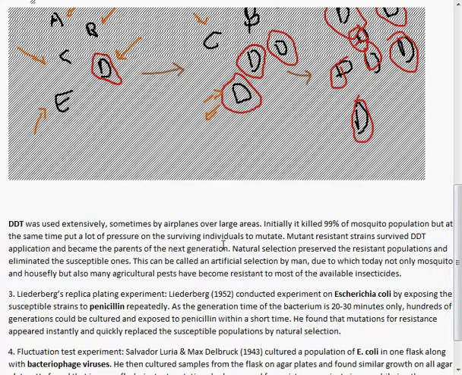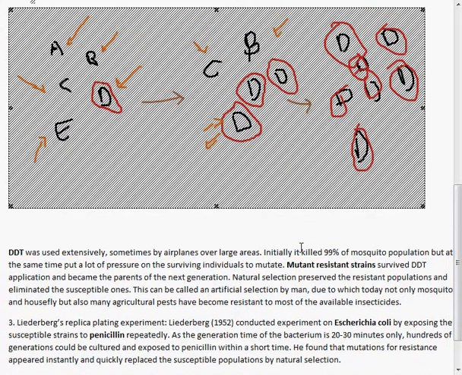And by mutant resistant strains, what we mean by mutant first is that these are formed by mutation. There was some mutation in the past which created a certain trait different from the original one,